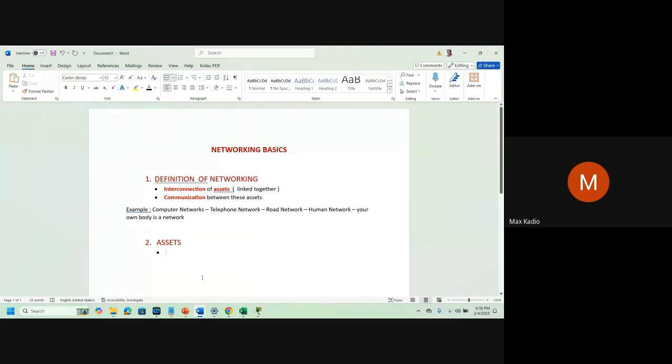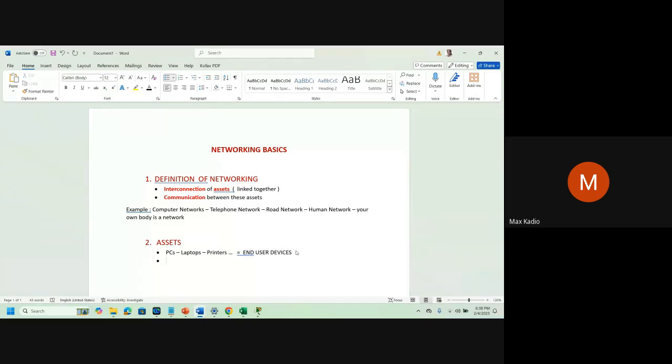You can get what? PCs, laptops, printers. So all these guys, we call them what? End user devices. It means these are the equipment the employees, the workers can touch, can use, end user devices.